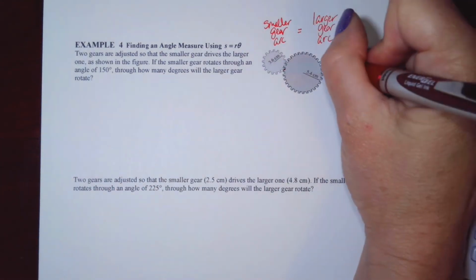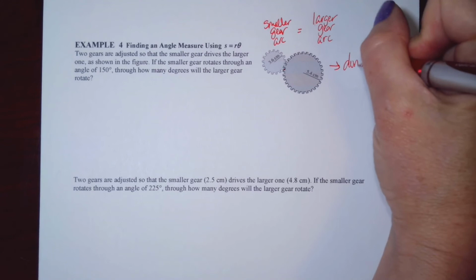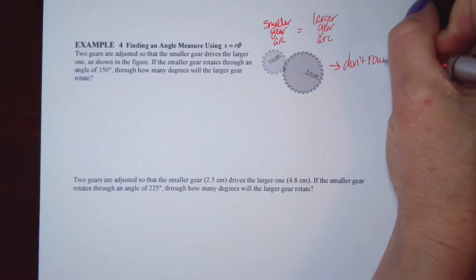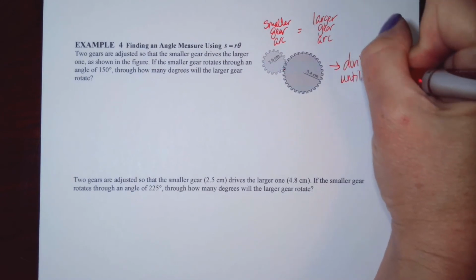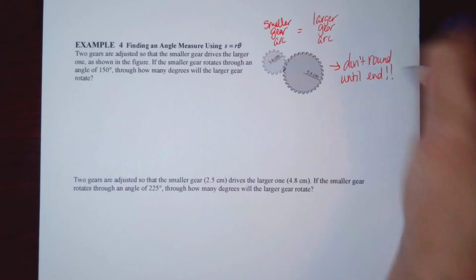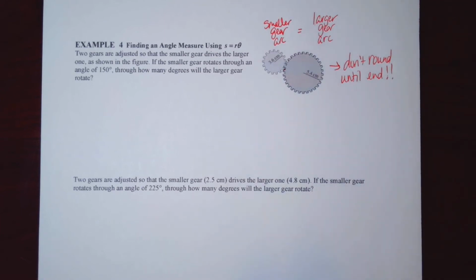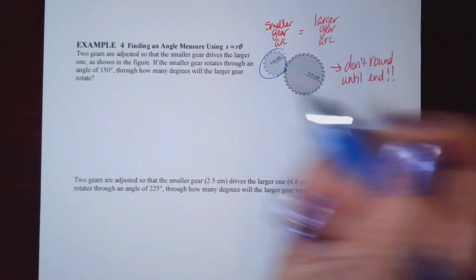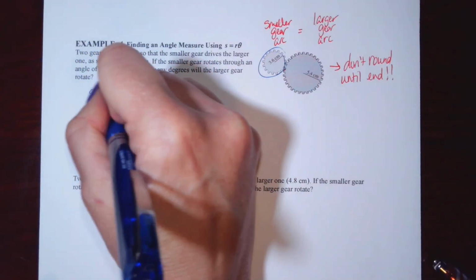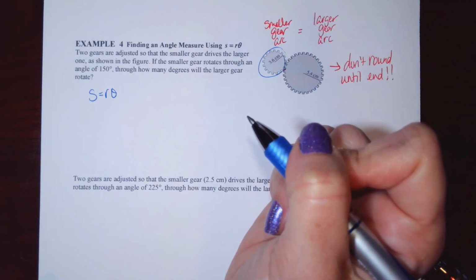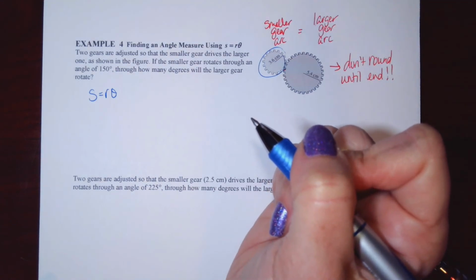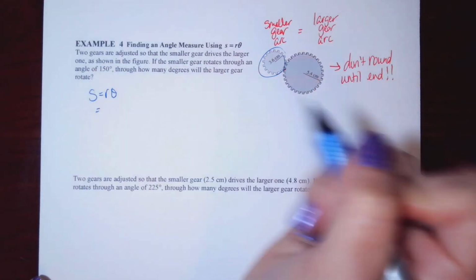Now, something that you need to remember is not to round until the end, because when we have a multi-step problem, if you round in the middle, you've potentially changed your answer, depending on how many significant digits you keep. Okay, so we've got this smaller gear, s equals r theta, and for the smaller gear,